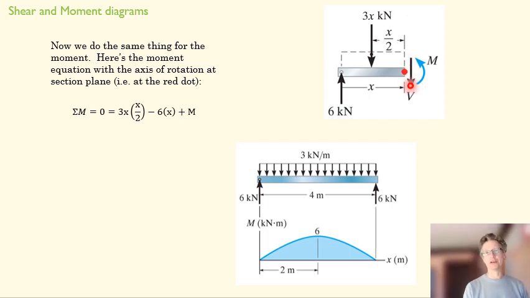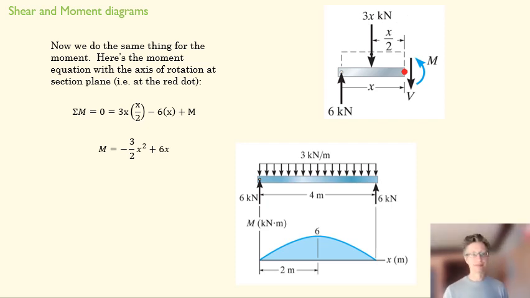We have a function for that, but that makes things messy. So we're going to put our axis there. Then we only have two active loadings that create a moment, right? Our downward loading, our support load, and then we have a moment M, which is the internal resultant moment acting on that section point. So we end up with this equation over here,